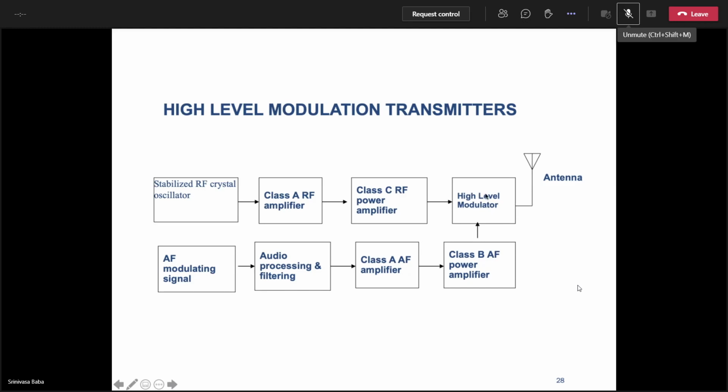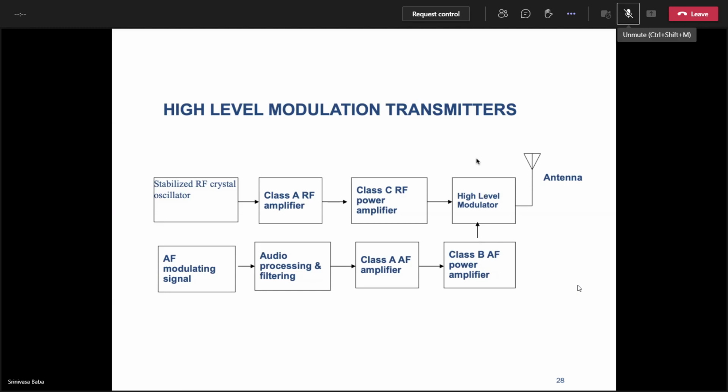So when you go to Ramantapur AM station, you can see these type of tube versions. They are like glass tubes, and then you can see the modulator in the form of a tube. And if time permits, if Ramantapur people are allowing, I'll ask one of our faculty members to take you to the broadcasting station where you can see this high level modulation. This portion you can see physically also. They are nothing but tube versions.